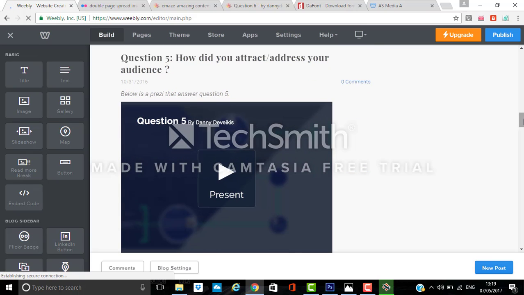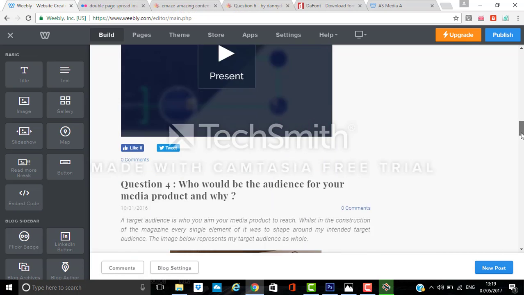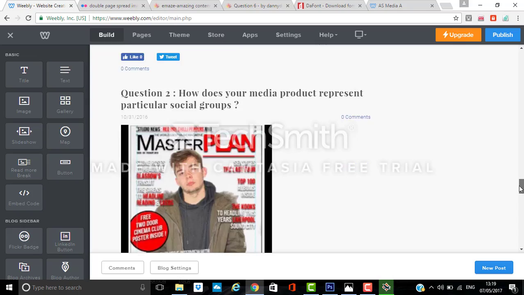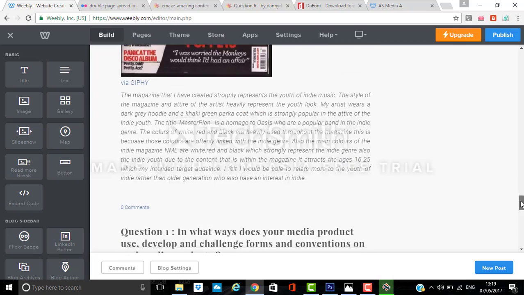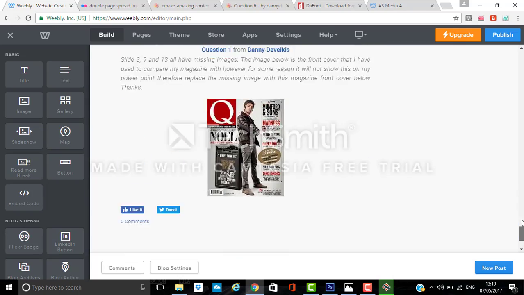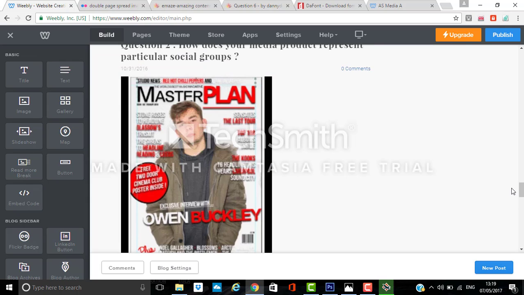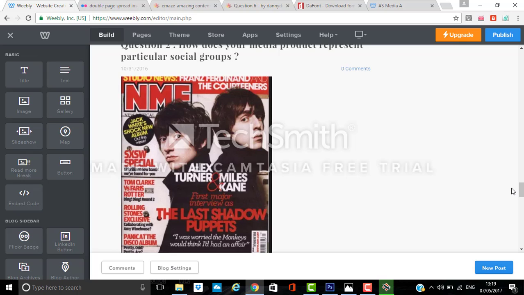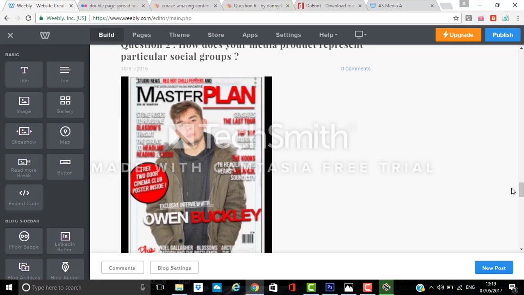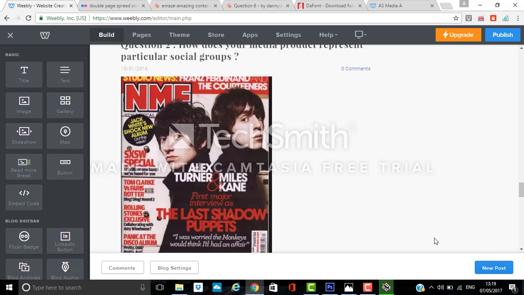Another technology that I've used was a GIF. I've used a GIF on question 2 and my research and planning, just to show the comparison between the magazine front cover and my contents page research. And that is all the technology that I've used in this